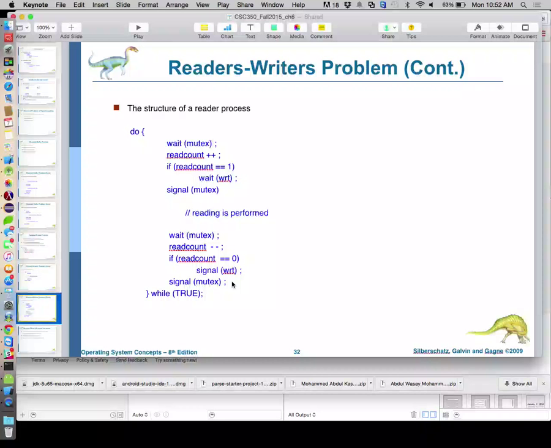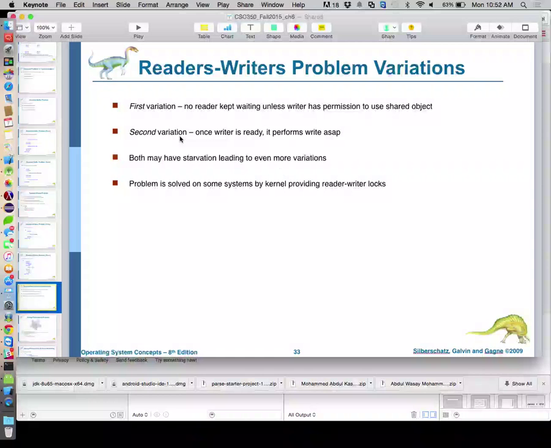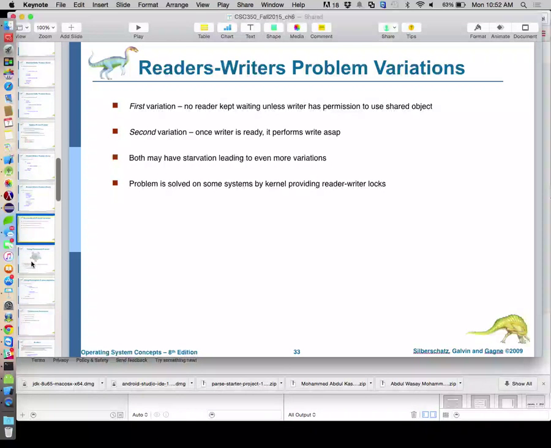So this blocks writers while there are currently readers, but it also blocks readers when there's somebody currently writing. Make sense? This guarantees that readers always see an up-to-date file, and it guarantees that writers cannot change a file while there are currently active readers. So it's protecting that system. So again, using 3 semaphores to pull this off. All right, so variations probably don't make that much difference here.